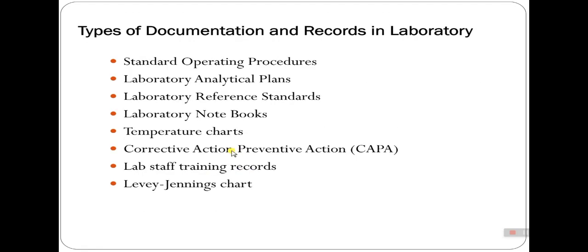Now, types of documentation and records in the laboratory. So there are some types of documentation and records in the laboratory. First is the standard operating procedure, and the next is the laboratory analytical plans, right, where the plans of the laboratory will be, and laboratory reference standards, laboratory notebook records, which kind of notebooks are present, temperature charts, corrective action,